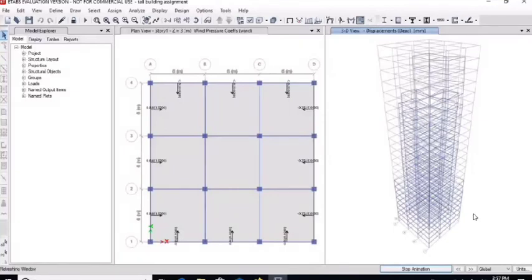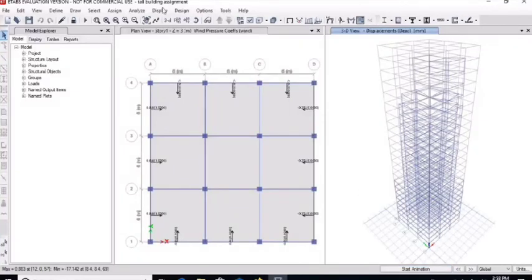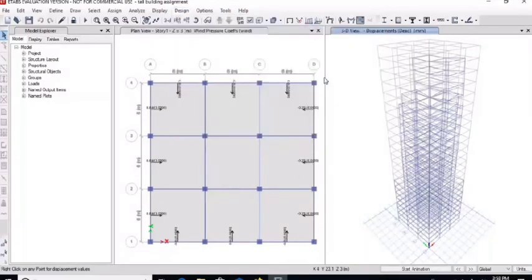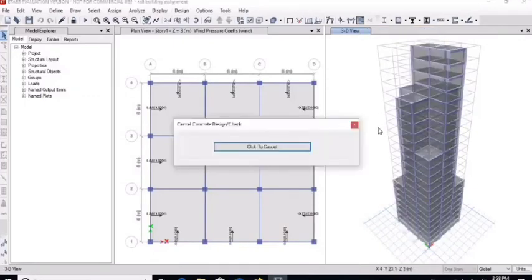Click on stop animation and go to the design menu, concrete frame design, and start design or check. Wait while the software designs our building.